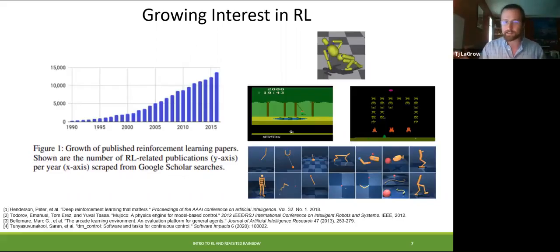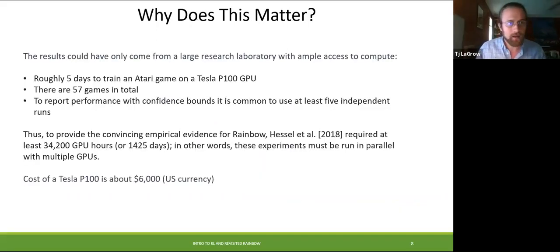In control tasks such as MuJoCo, shown at the top, which was developed in 2012, and control tasks on DM Control as well. We have Atari here in the second row, and then a new suite that was actually released last year for more control tasks. However, these benchmarks have really helped evaluate new methods in standardized manners. They also implicitly establish a minimum amount of computing in order to be recognized as valid